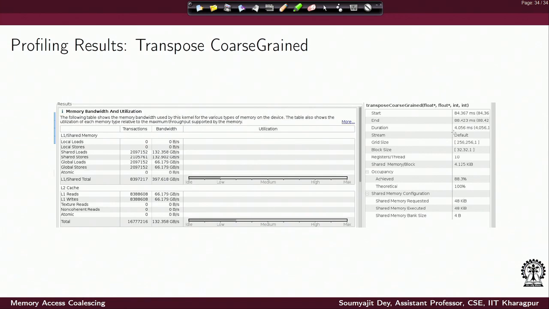We also provide the execution time and other things of that. You can actually look into these data points and try and compare. With this, we would like to end this lecture. Thank you.